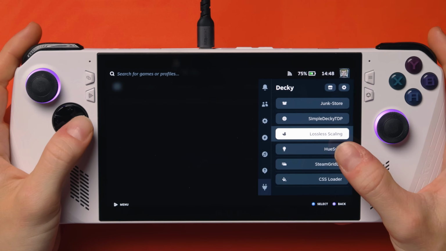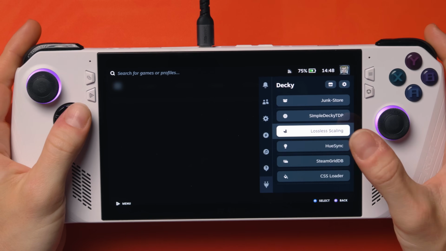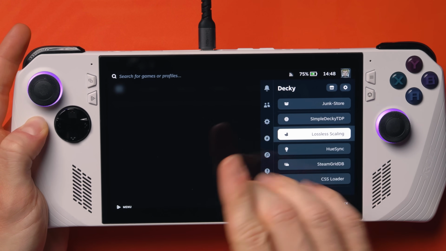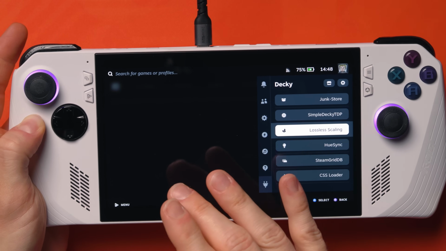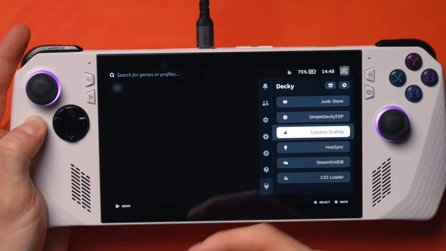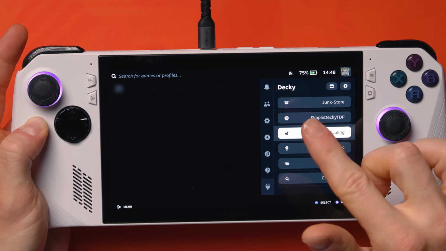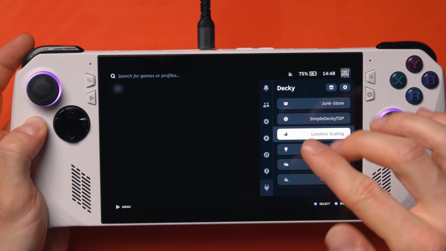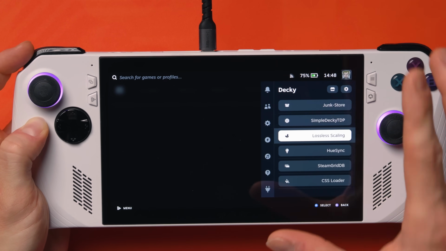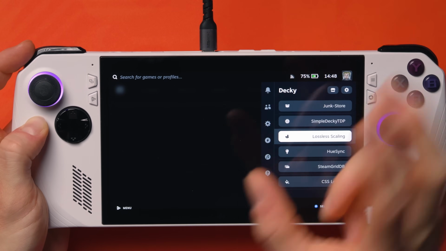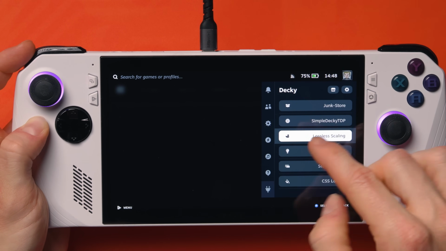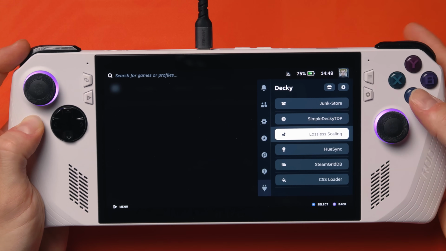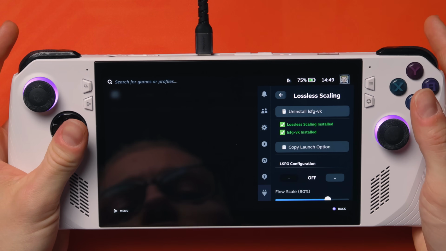Now, Lossless Scaling is an absolute must-have in my opinion, because we've come from Windows over to SteamOS and now we've lost AFMF, driver-level frame generation, software frame generation, right? So Lossless Scaling is a paid app, but this is so much better than the Windows application, because on Windows you have to open this alongside the game and you have to flip backwards and forward within a time frame for Lossless to actually enable. With this, because it just pops up here and I can just go here, right, like this,